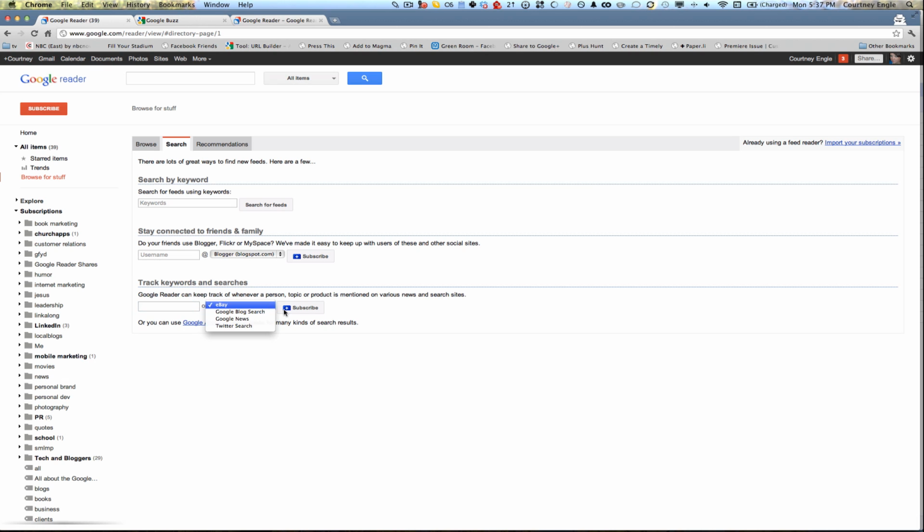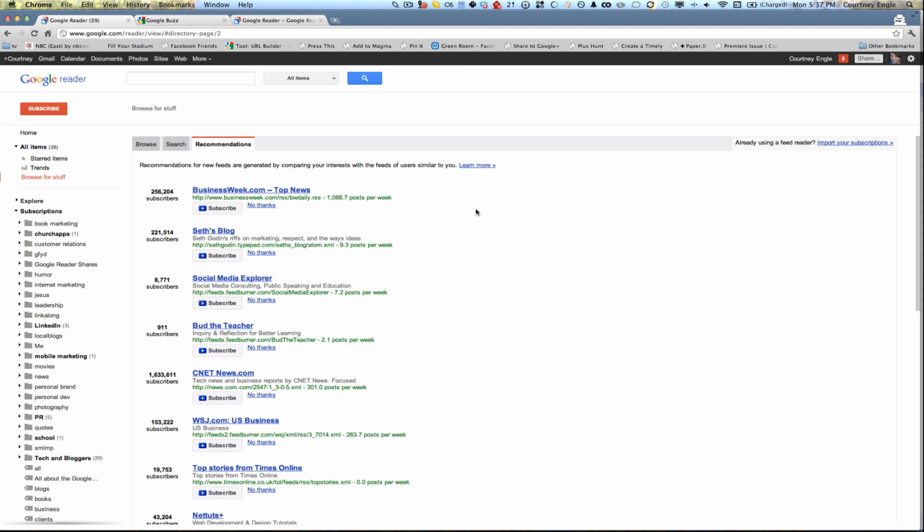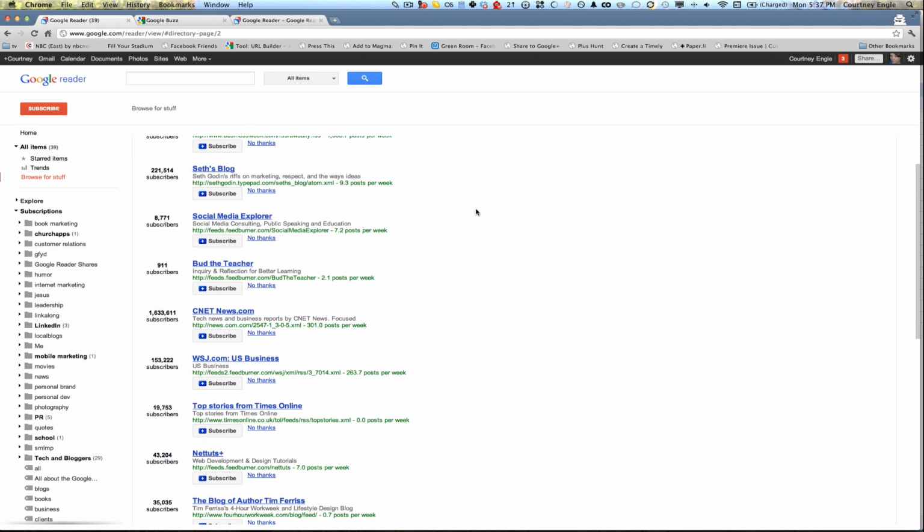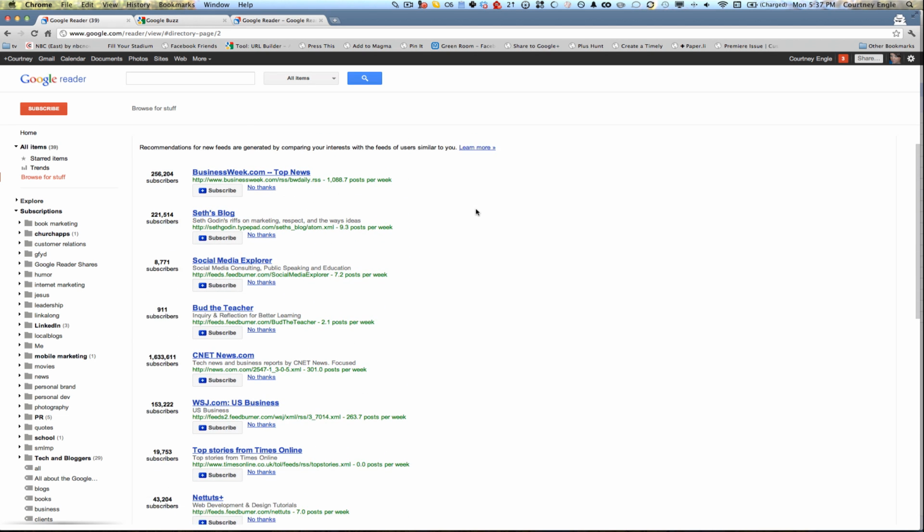I could say which sites I want it to be on. I could search all blogs, Google News, Twitter, and then I could subscribe to these things. Or if you want a more robust option, you could just jump into Google Alerts. Then under recommendations, these are things based on what I'm subscribing to that might be useful in case you're not